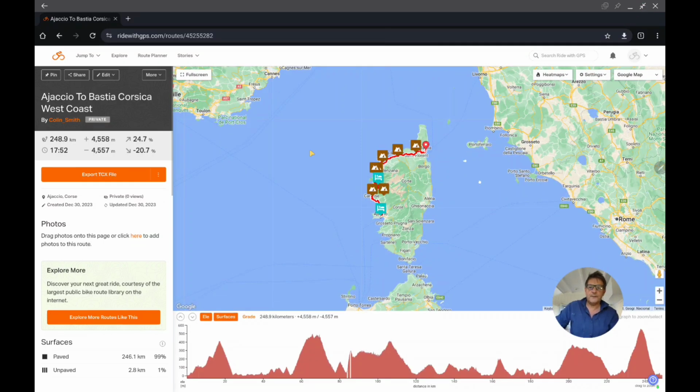Now, the first thing that we're going to do is we're going to go into the route planner, and we're going to actually edit this whole route that we're working on at the moment, which again is Ajaccio in Corsica through to Bastia. So from the west coast of Corsica across to the east. And the way we edit it, we can come up here and click edit, and it gives us 2 options. We can edit it in the planner or change the start location. Now in this case, we're just going to edit it in the planner. So we'll click edit,